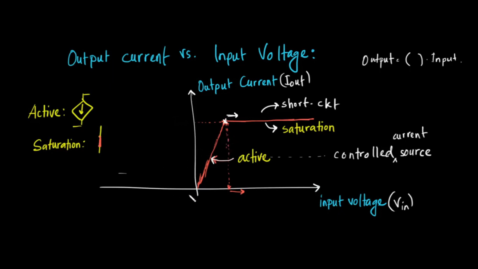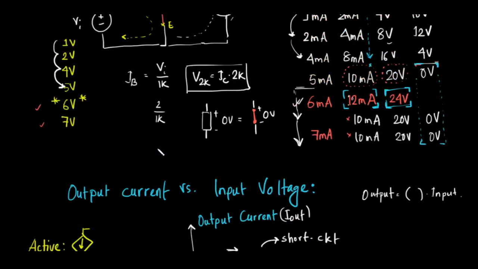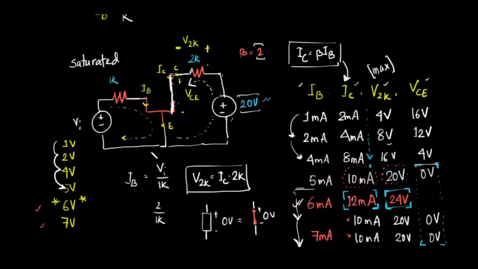So you might say that this graph is not complete. Well, what happens if I apply a negative input voltage? Okay, so when we see the construction, you will see that a BJT is constructed in such a manner that when we make this device, a diode becomes fabricated in this region. Well, this is due to the fabrication process of BJT. Okay, the way we make BJTs, it happens that a diode is constructed in this region.